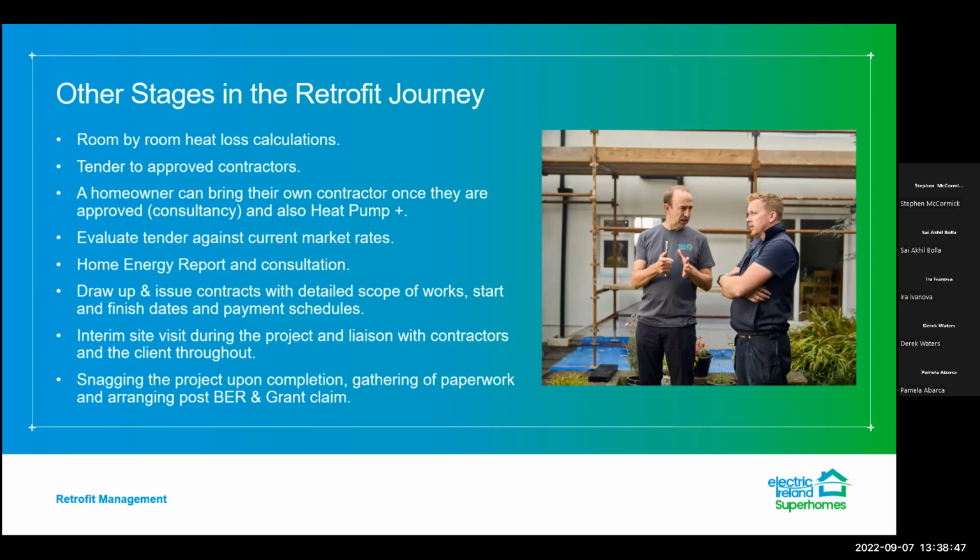Once the client receives that, we arrange a consultation with the engineer and the retrofit advisor to go through the entire report in detail. Once a client agrees that they would like to go ahead with the tender and the grant offer, we draw up contracts. Firstly, we make the grant application to SEI and get that approved, and then we draw up and issue contracts, which